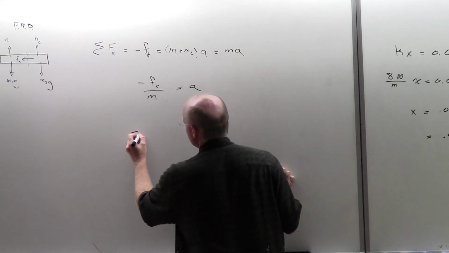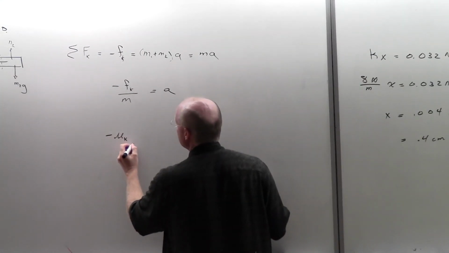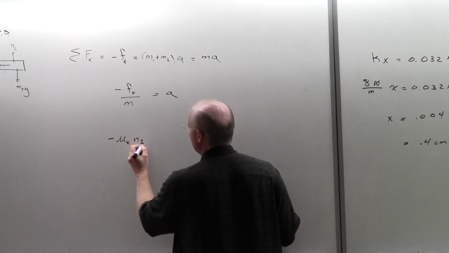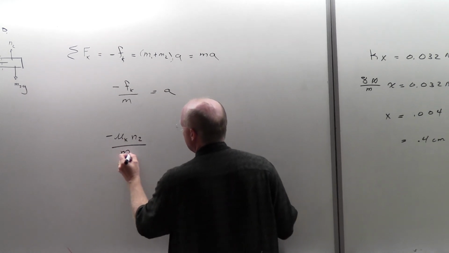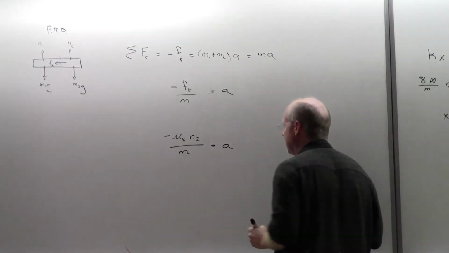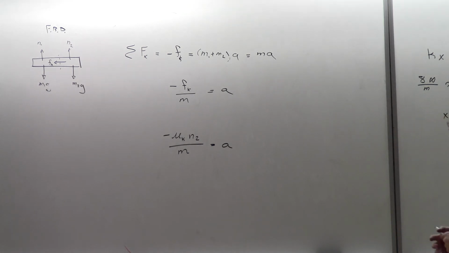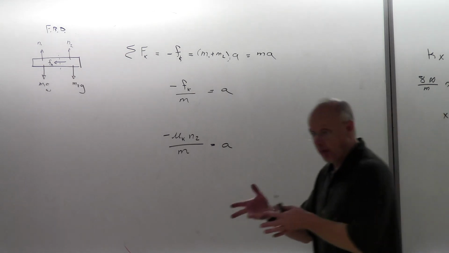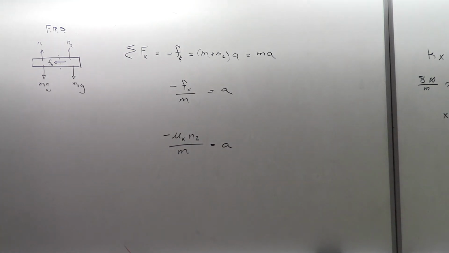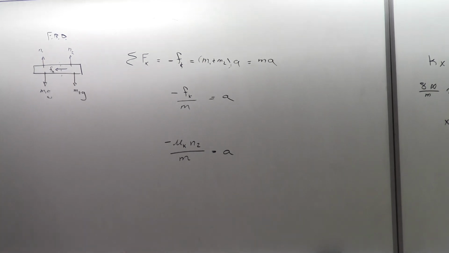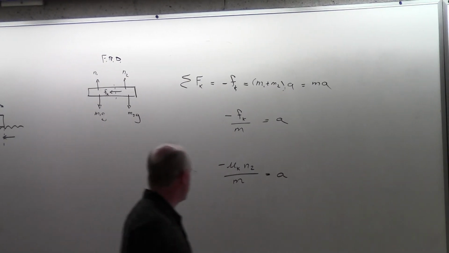Well, the force of friction is the coefficient of friction times the normal. And that's kind of the key step there: the normal is what? Well, it's normal number 2. It's the normal force on the part that's over the rough surface. It is not the total normal force. And the normal force then